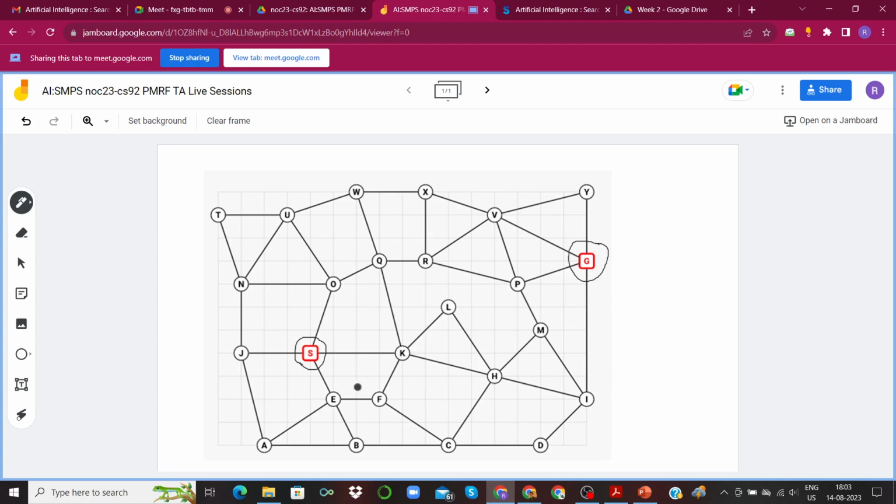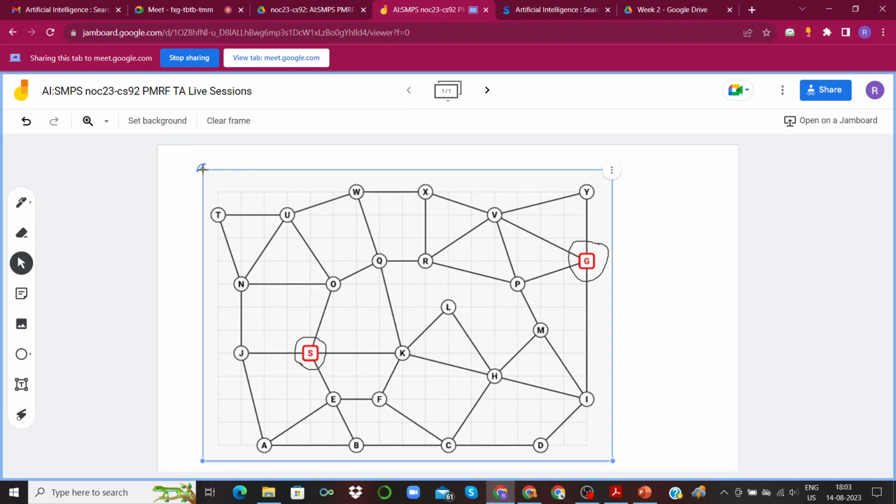Our objective is to use different algorithms, different methods that we have seen or are going to see, to find a path that is optimal and that goes from this S node to this G node. That path will be going through some of these edges and some of these other nodes, and we have to find the optimal path. If I enlarge this image even more, you'll see that in the background there is a map, like a coordinate system.